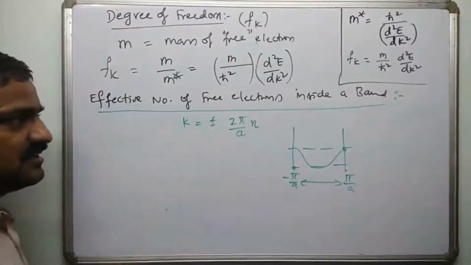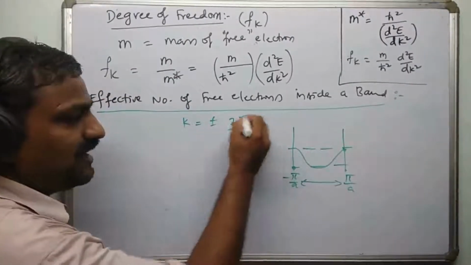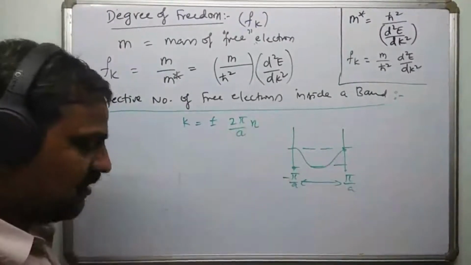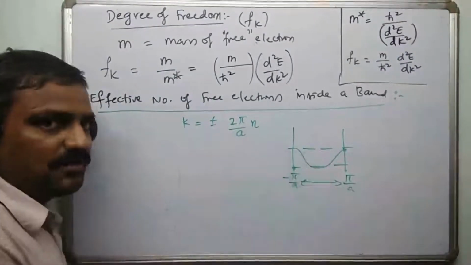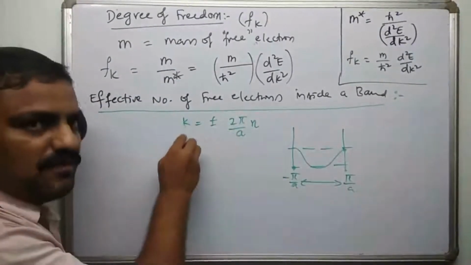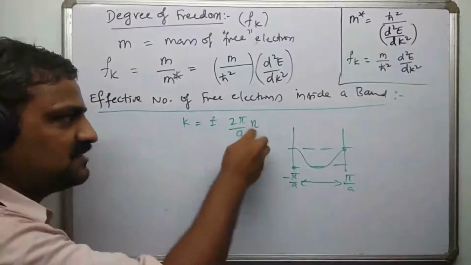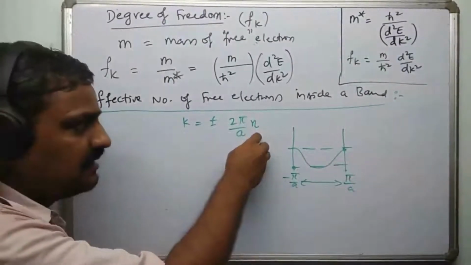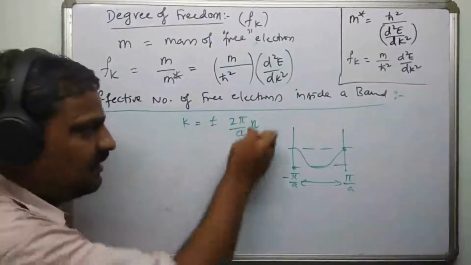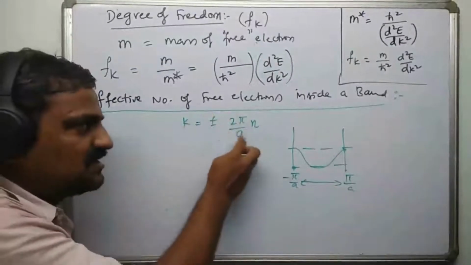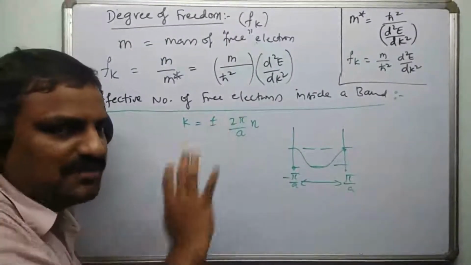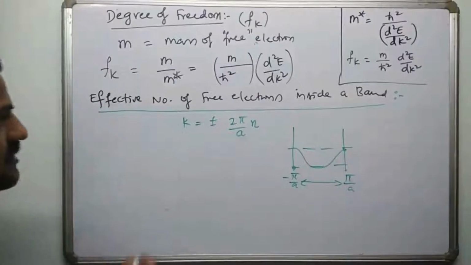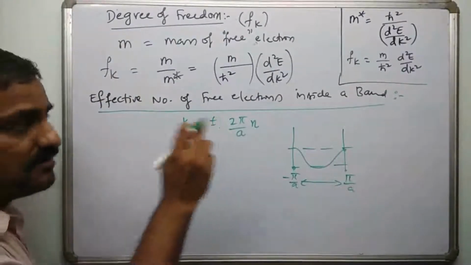Now my intention is I want to find how many n's are there. You know, this k or n, they are actually representing the roll number of the electron. This is in terms of momentum or wave vector k, and this is in terms of some n number, right? So they are similar. That's why they are just differing by a multiplicative constant 2 pi by a, right? So what I'll do is, see, this k is coming from the Kronig-Penney model.